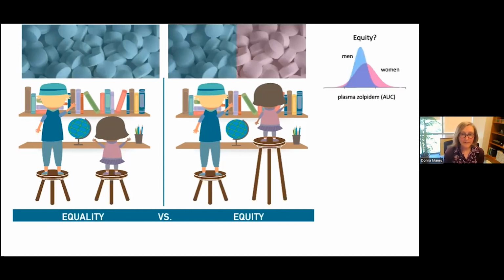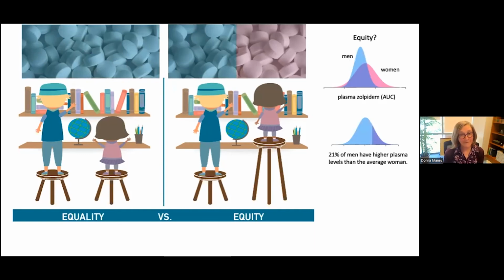And here I've plotted the most recent data on plasma concentration. So this is from Greenblatt et al., and it shows the area under the curve for the full dose of zolpidem over 8 hours. And the FDA argument is that women have, on average, higher plasma concentrations, so many women are overdosing. But if you take these numbers and take them to sexdifference.org and look at these graphs, 21% of men have higher levels than the average woman.